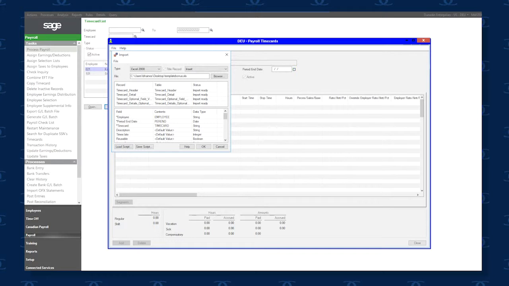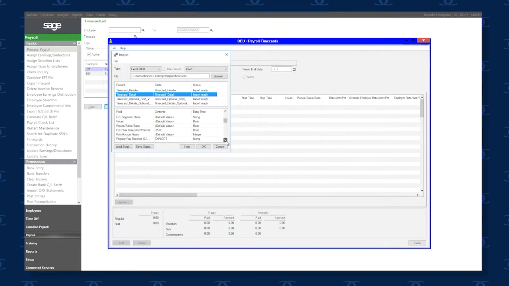Recall that I did not complete the expense account information for the 2 employees I added to my existing template. I could have deleted that column entirely, but wanted to demonstrate a feature within the import functionality in HRMS. Depending on the fields listed in your file, you may have to adjust how the data imports. For example, my file includes an expense account for some employees but not others, and let's say that I don't really want to import the GL data from my file, but would rather take the employee's default account assigned to them. In this case, I'll need to change the field in the timecard detail, called regular pay expense, to the